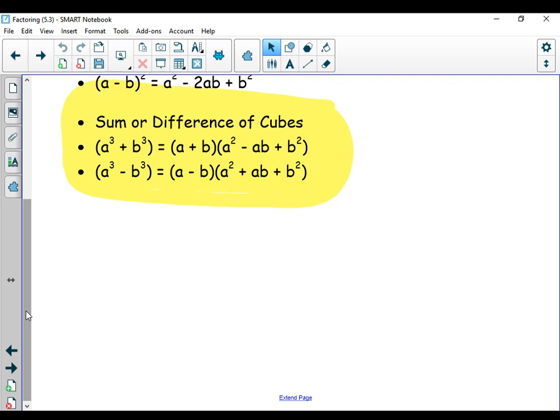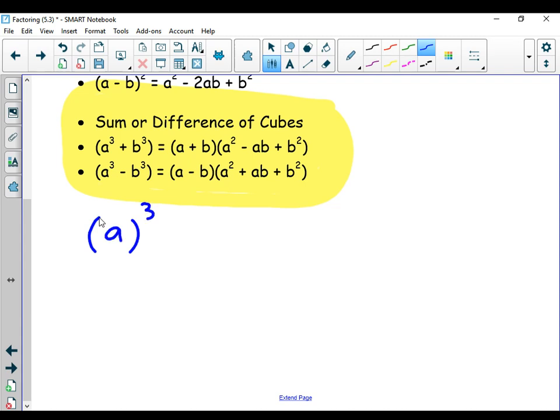Okay, so how do I remember this? You don't have to do it my way, but this is just the quirky way that I remember. If it helps you, great. If you figure out another way, great. But what we're going to be looking at is, let's do plus, just like difference of squares. When we find the square root of things, this one we're finding the cube root of things. I'm dealing with A and B, okay?